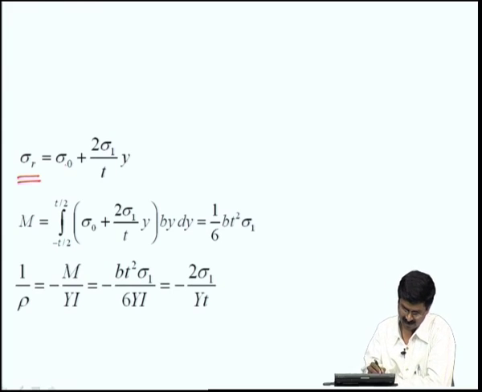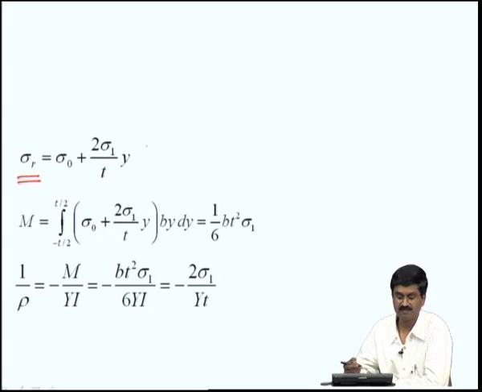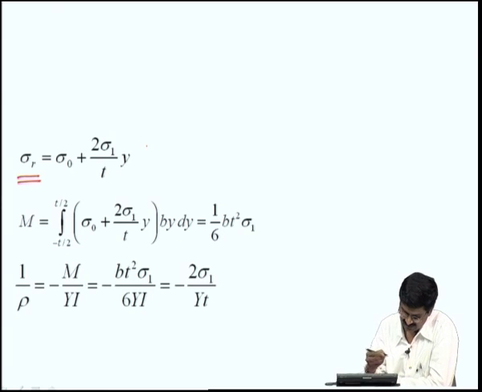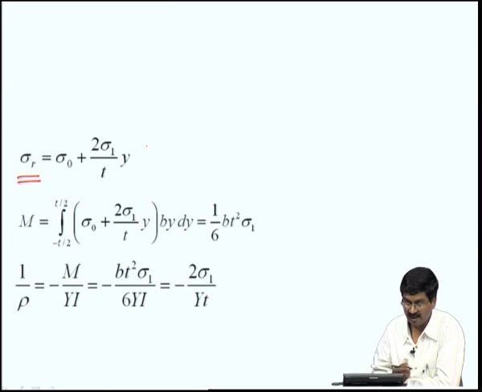Okay. So, sigma naught here refers to the stress that is there at some point, and then when y equals t by 2, half the thickness, that will become sigma naught plus sigma 1, or when y equals negative t by 2, sigma naught minus sigma 1. So, at one end it is sigma naught plus sigma 1, at the other end it is sigma naught minus sigma 1. We can take something like that. So, that is if I have the beam,